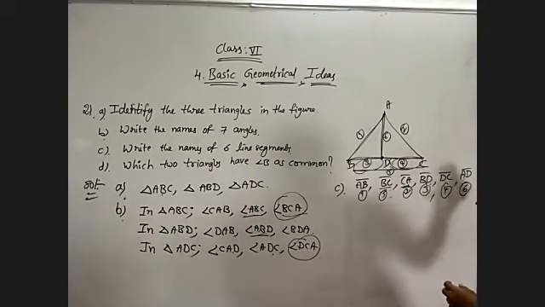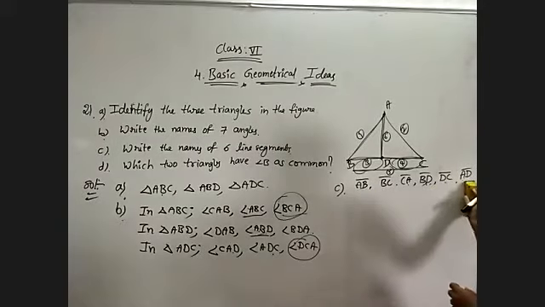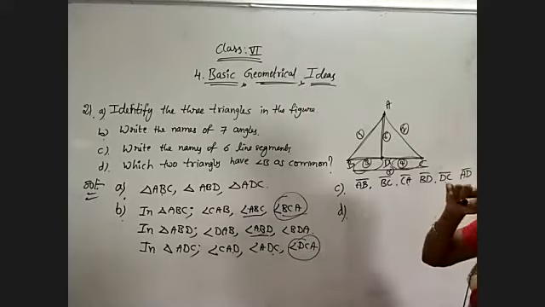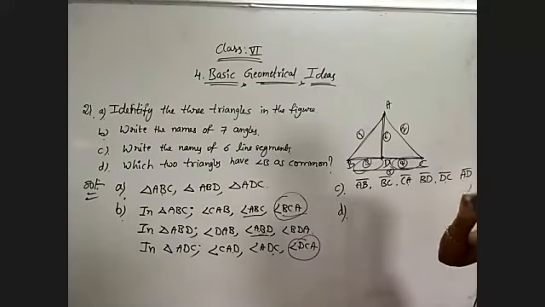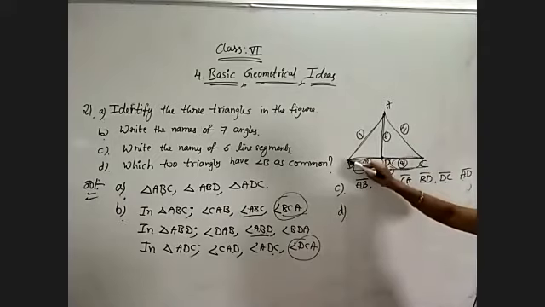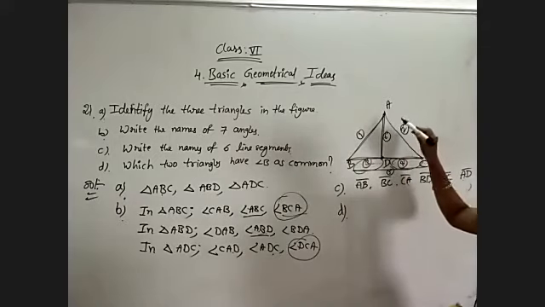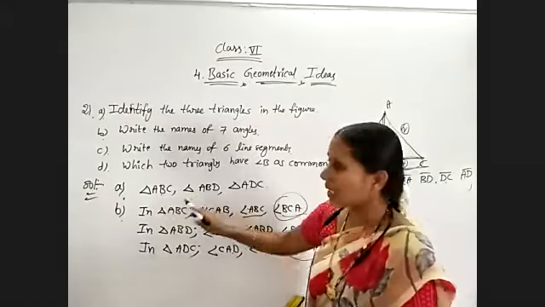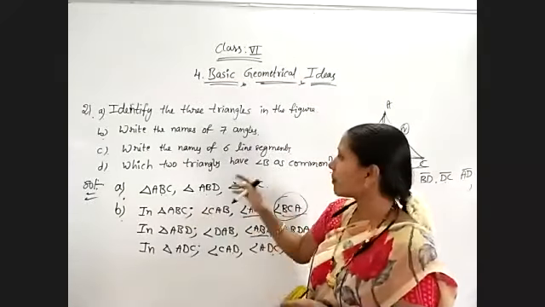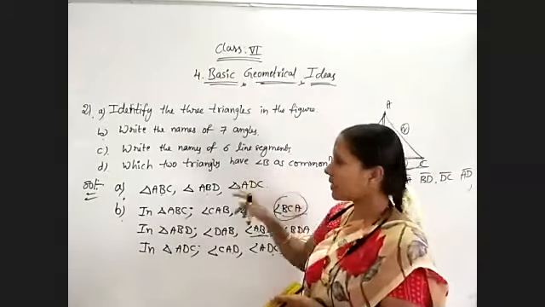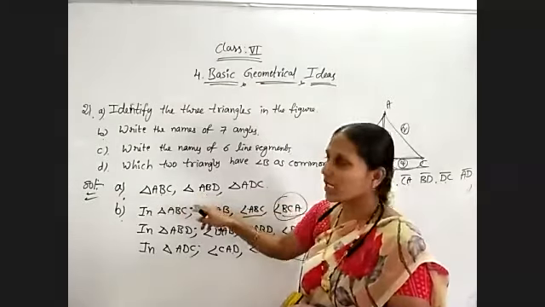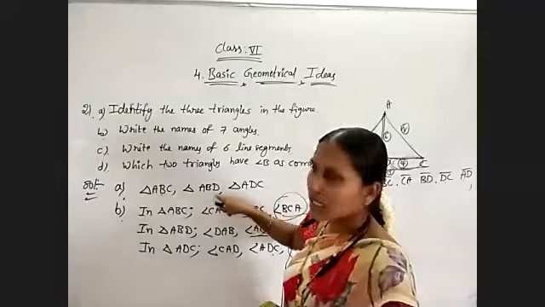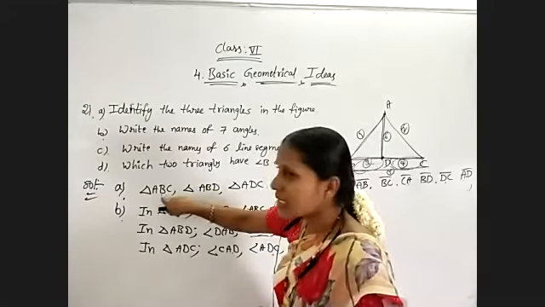Now coming to the next, last answer. Which two triangles have angle B in common? Which two triangles are there? B is common for which triangles? ABC as well as ABD. Just observe, B is there in which of the two triangles? ABC and ABD. Angle B is common, which means B should be present in both the triangles. In these letters, observe, ABC, ABD. B is there in triangle ABC and ABD.